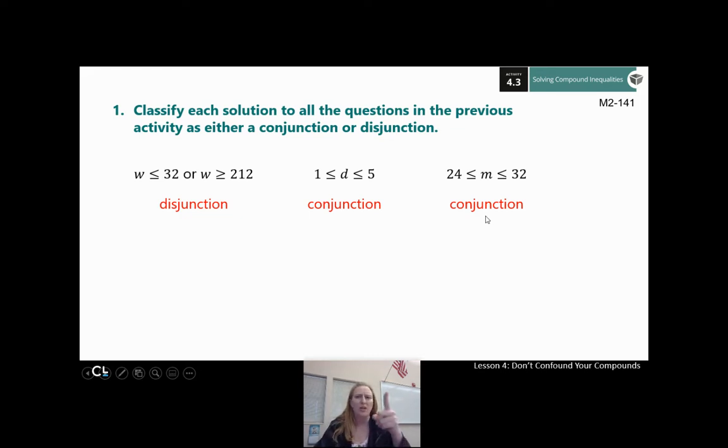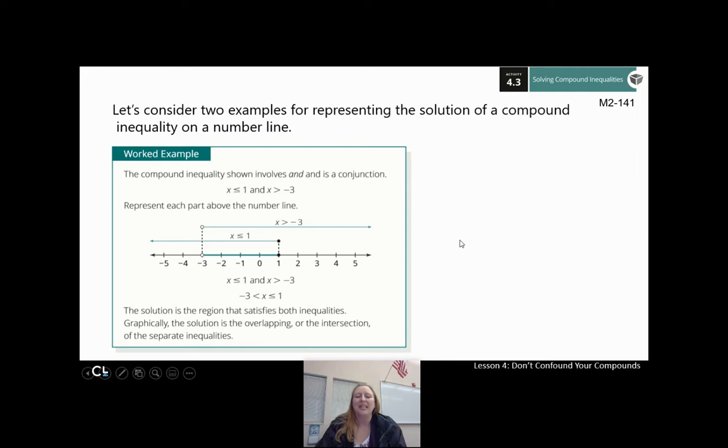Conjunction, junction, what's your function? Oh, we've done functions and conjunctions, and you thought it was just for English class. Ha ha! So let's take a look at 2 examples for representing the solution of a compound inequality on a